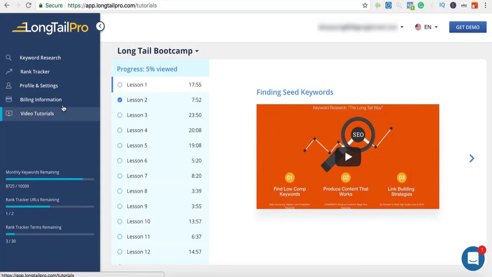This is really good. I only just noticed it the other day, so I thought I'd let you know. There are 12 lessons, and I've only gone through the first couple, like yesterday or the day before, because I didn't even know about it. I must not have noticed it, but this is really good, and it'll help you learn to use the platform a bit better. So I'm going to leave it there, man. I hope I've given you some value in that, and just shown you what it's about. But this is a very affordable